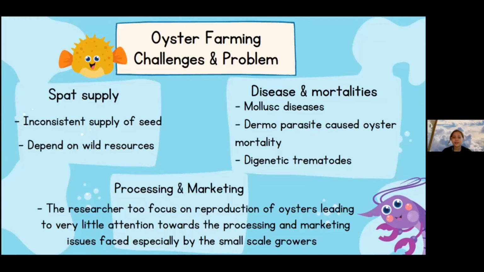Second is diseases and mortality. In spite of the great importance of mollusks in the tropics, there is no publication on tropical mollusk disease so far. The occurrence of mollusk diseases differs between temperate and tropical waters. Based on Elliston 1990 and Sediment 1970, the parasite known as Perkinsus marinus or dermo parasite mostly infects oyster tissues and causes oyster mortality.